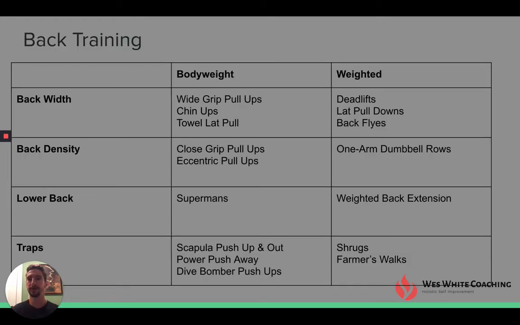Okay, cool. So, back training. Let's go into this a little bit. For body weight, you have a lot of pull-up variations is what it's going to come down to for body weight back training. So for back width, you're going to look at wide pull-ups, chin-ups,